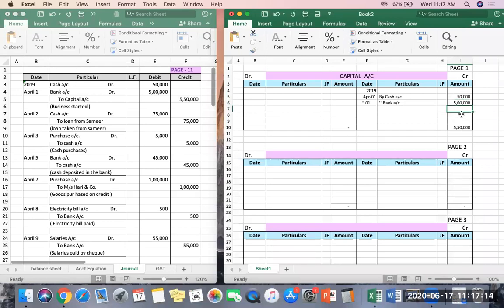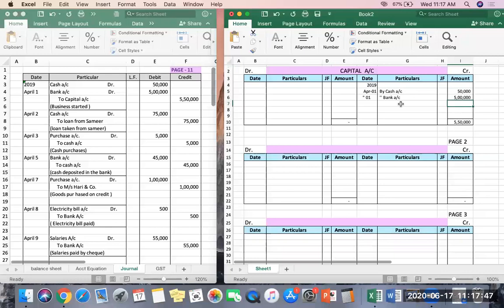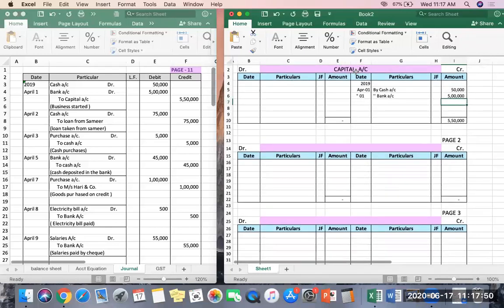So if you see the total, I told you, once again I'm repeating this, if you are writing the capital account, check the date, side, and the amount will be of the same account, but in particulars you will always write the name of the opposite entry. Okay, because if you write capital here, it does not serve any purpose. We know it is a capital account. If you write capital again, how will you come to know how that capital was invested? Now if you are writing cash and bank, it shows that this capital is invested in the form of cash and in the form of bank account.